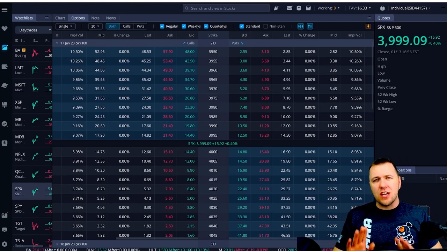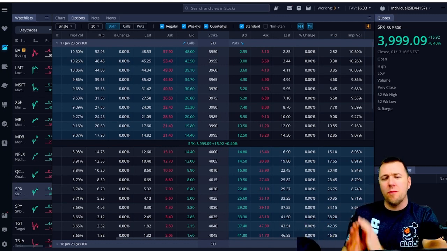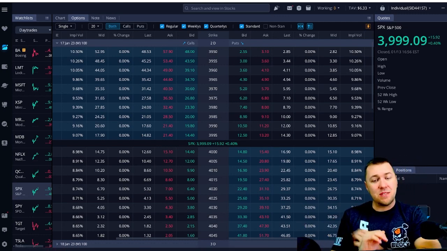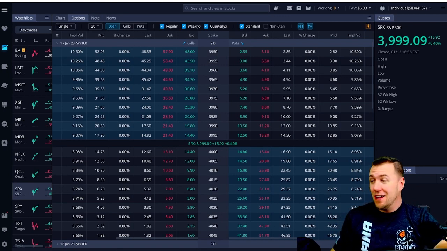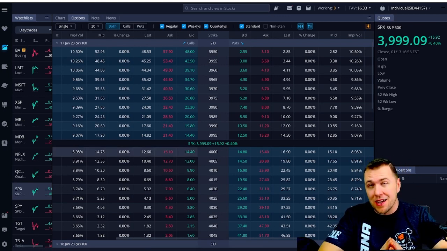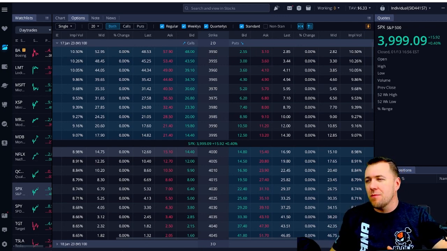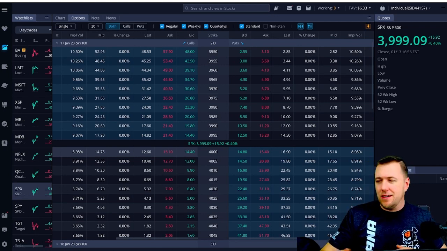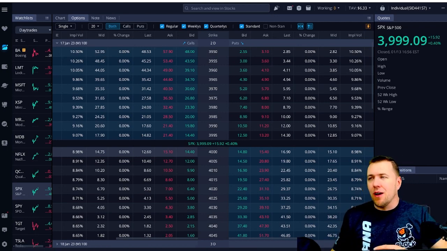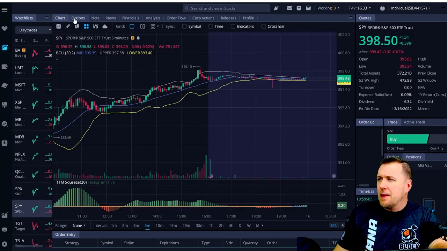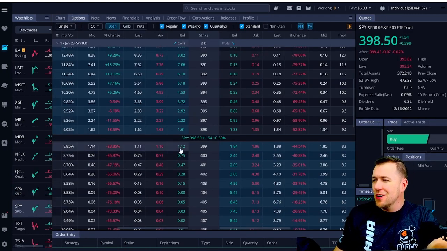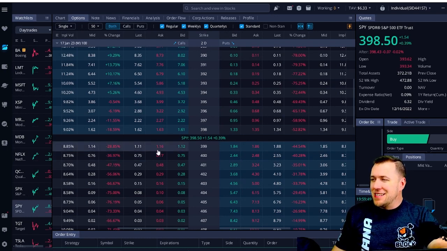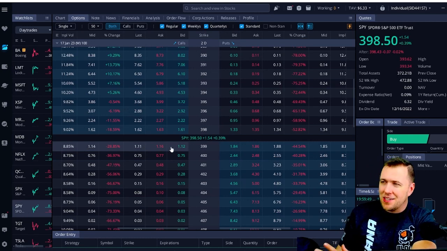But the first thing you're going to notice when you open up this is you're going to say, oh my God, those are expensive contracts. You are not wrong. They are expensive. At the money, SPX contracts, big money. Let's compare it real quick to a SPY at the money contract here for Tuesday. We are at about $1.16, $1.12 spread, so $112 to $116 per contract for right about at the money.